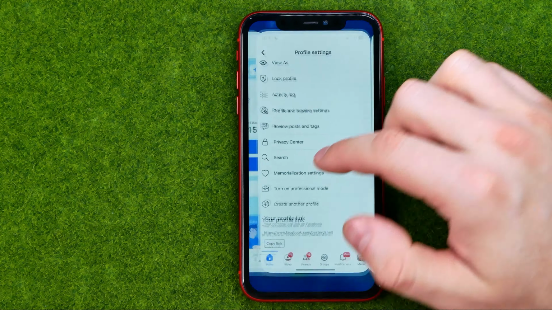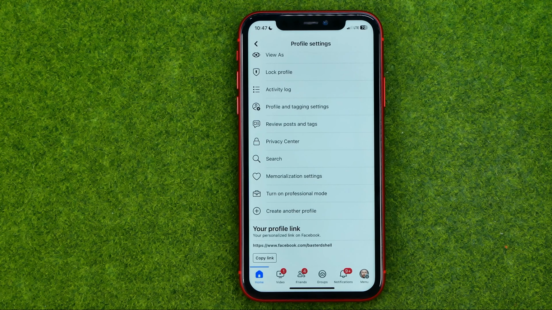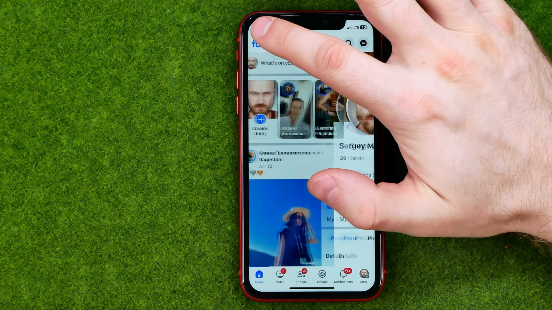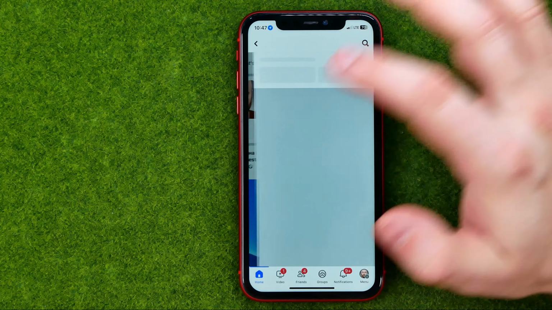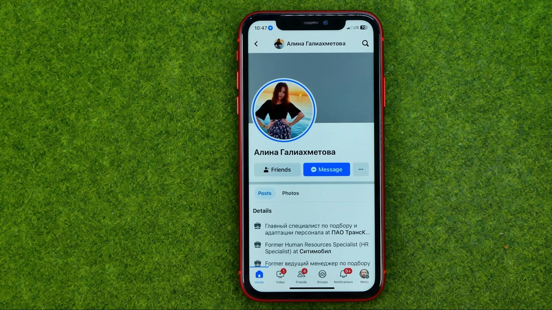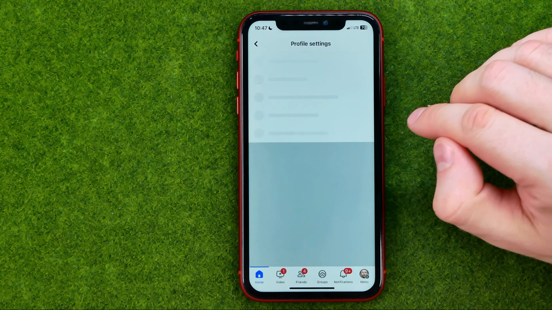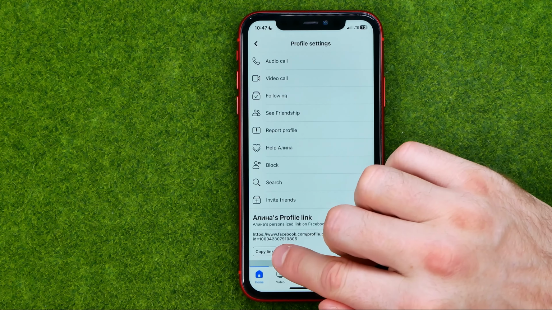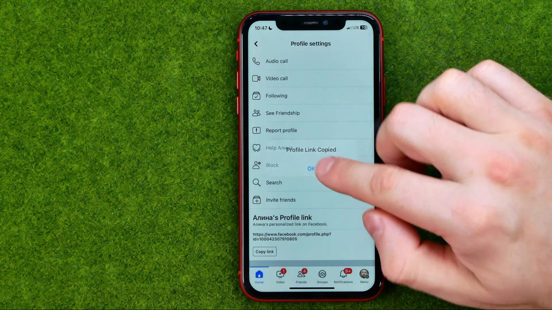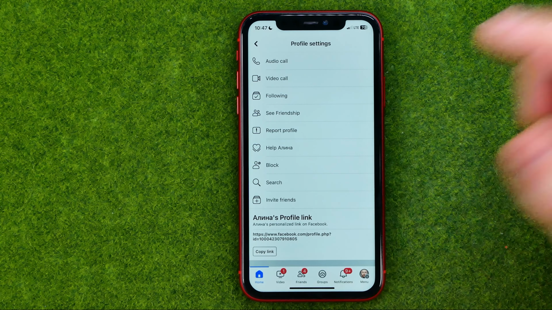If you would like to copy someone's profile link, first of all, you need to go to that user's Facebook profile page, and then in the same way tap at three dots and then tap at copy link to copy that particular URL to the